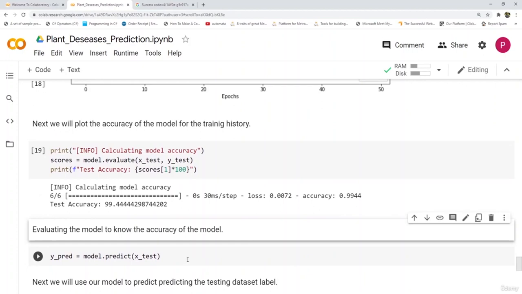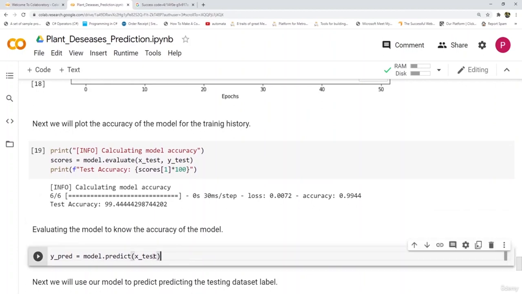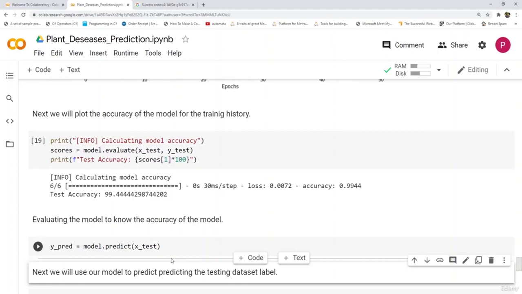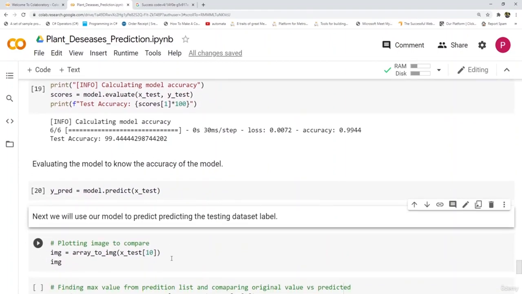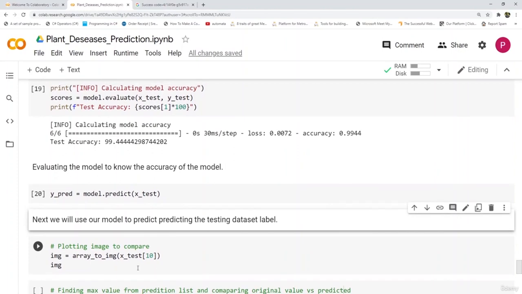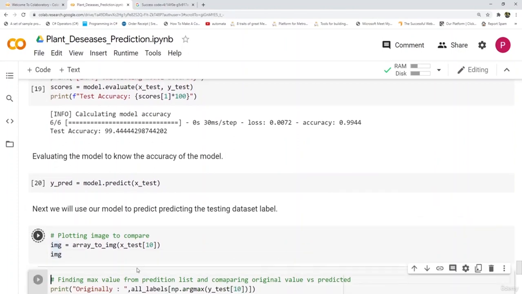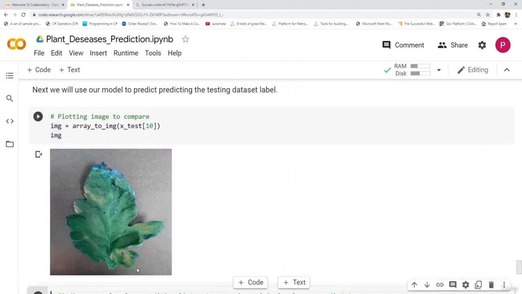Next, we'll see how our model predicts. So we'll pass the X-test data into YPRED and predict it using model.predict. Let's run this and save our predictions into YPRED. We will also plot images to compare. So let us take any image. I have taken the X-test 10th image.